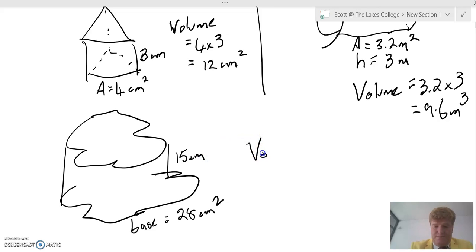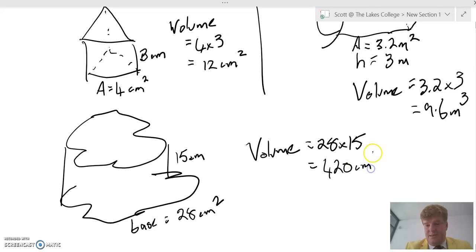So volume, the area of the base, 28 multiplied by 15, which equals 420 centimeters cubed. And that takes us to the end of